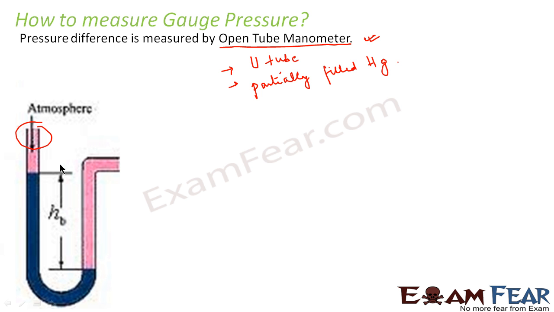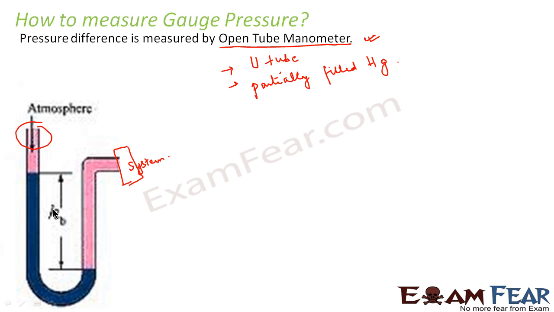The other end is connected to a bulb or something where the pressure is to be determined. That means this is the end which, depending upon its application or usage, is connected to some bulb or some device where we have to measure the pressure. That means this is our system. So see, this is the atmosphere and the other end is connected to a system. Now this system can be anything. It can be some vessel, it can be a bulb, or it can be anything. So this is open to atmosphere and this is not open to atmosphere. Instead, this is connected to a system.